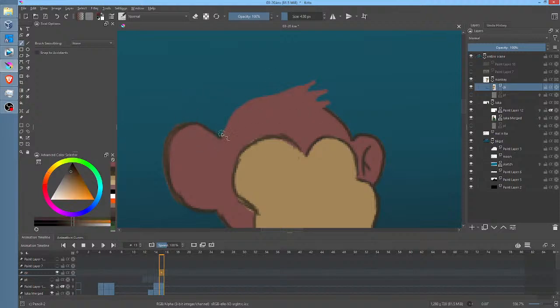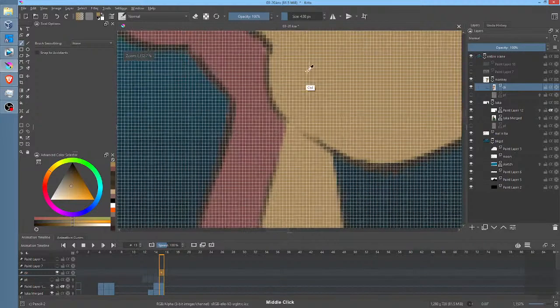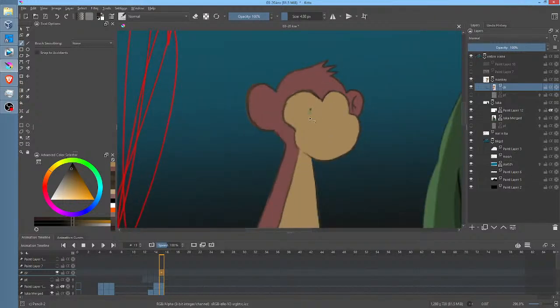So then I'm going to sample that color. Probably just a tiny bit darker. Okay. Alright, and now if we want to, we can clean things up a bit. Okay. Let's grab this color again. Okay, yeah, I definitely see a problem here. So I'll just correct that. Boom. We'll just do a little erasing and fixing.